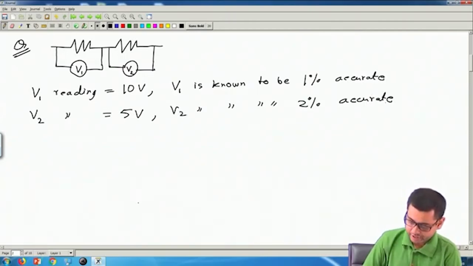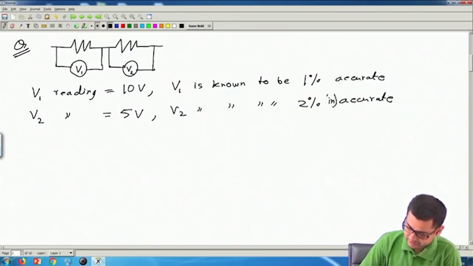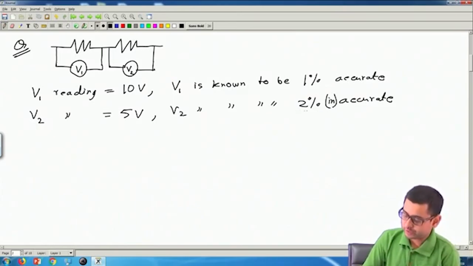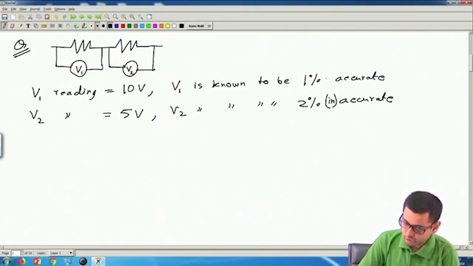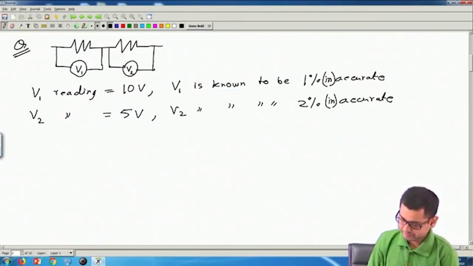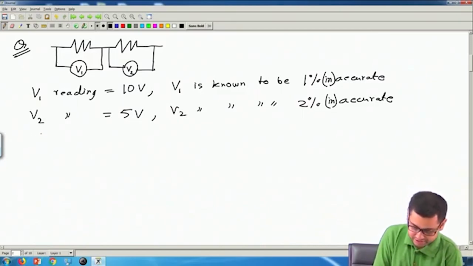Okay, I should rather say inaccurate, because when I say 2% accurate, we actually mean it's 2% inaccurate, or the error can be 2%. Although we generally say 2% accurate, in colloquial language we often say 2% or 1% accurate, but we actually mean it is 1% inaccurate or 2% inaccurate. Okay. Now, the question is,